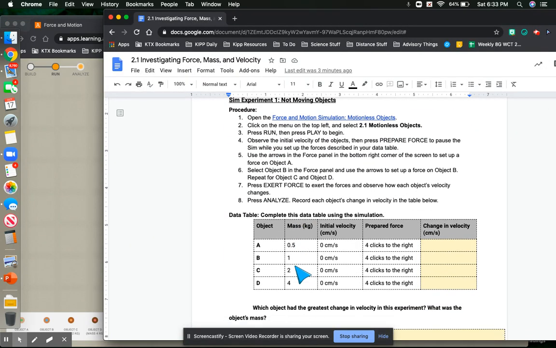So if they're not moving, let's take a look at our data table. That means their initial or beginning velocity is 0 centimeters per second for all these objects. Object A is 0, B is 0, C is 0, and D is 0. Take a look at this data table. Object A has a mass of 0.5 kilograms. B is 1 kilogram. C is 2 kilograms, and D is 4 kilograms. They're all different masses. A has the least amount of mass. D has the most. And we are going to be exerting the same amount of force, 4 clicks to